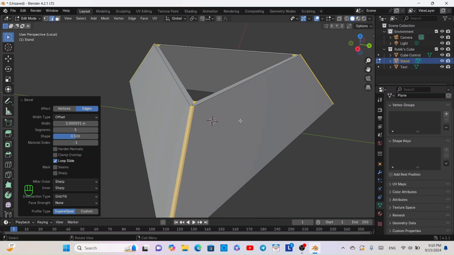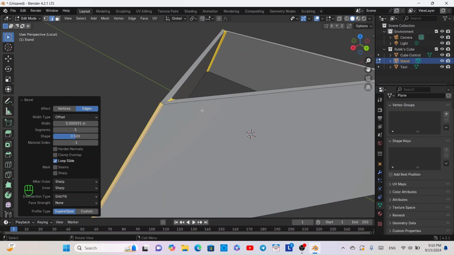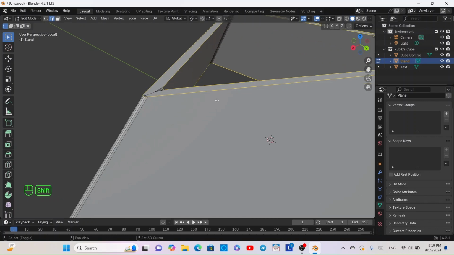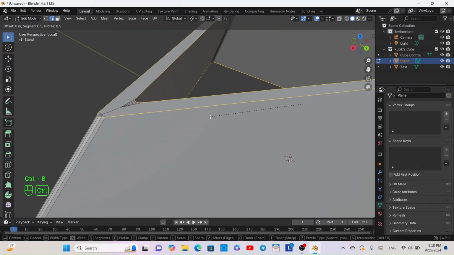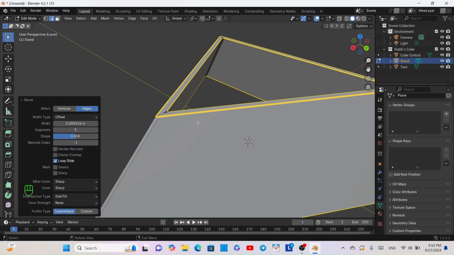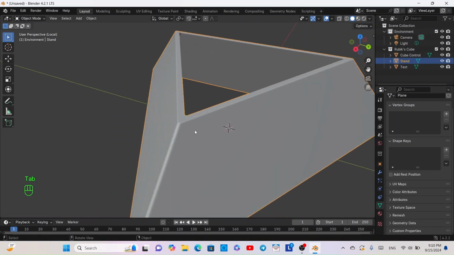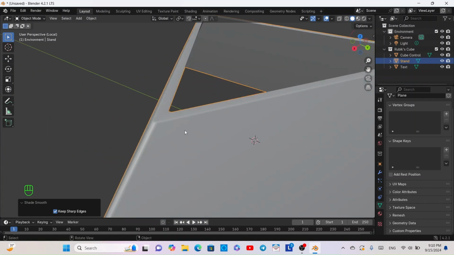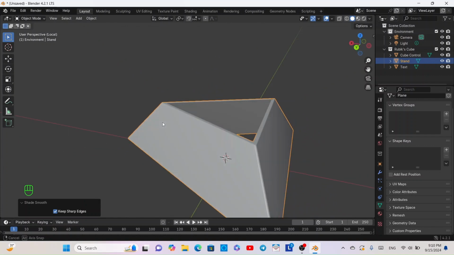Once you're done with that, all we want to do now is hold down Alt and click on this thing, then press Shift Alt, and then select this, and select this. And then we want to do the same thing. We press Ctrl B and then slide away from the 3D cursor slightly while holding down Shift until we get something satisfactory like so. And then we can just left click, and let's go back to object mode and then right click and click on Shade Smooth, and we have some nice smooth edges that are actually realistic and not weird as they appeared